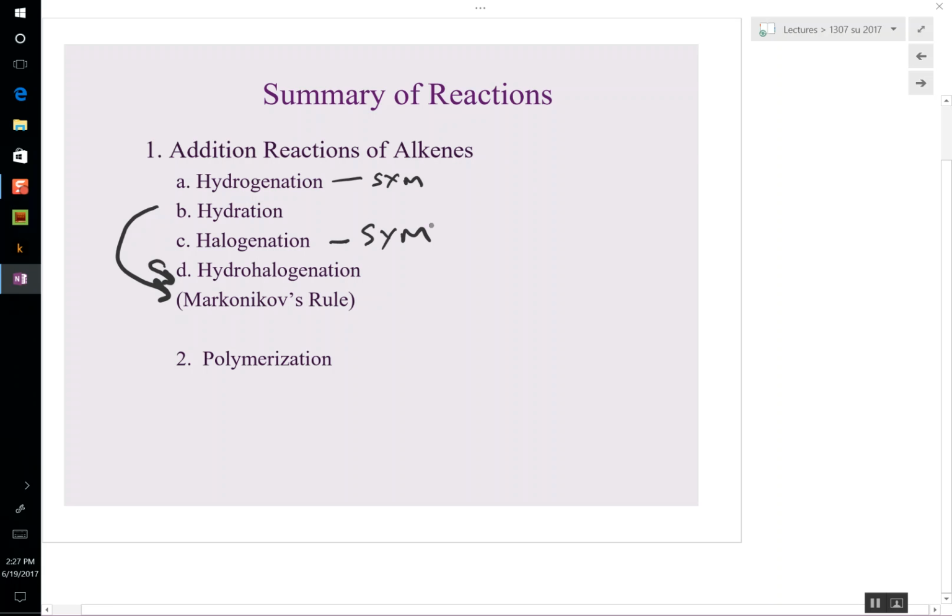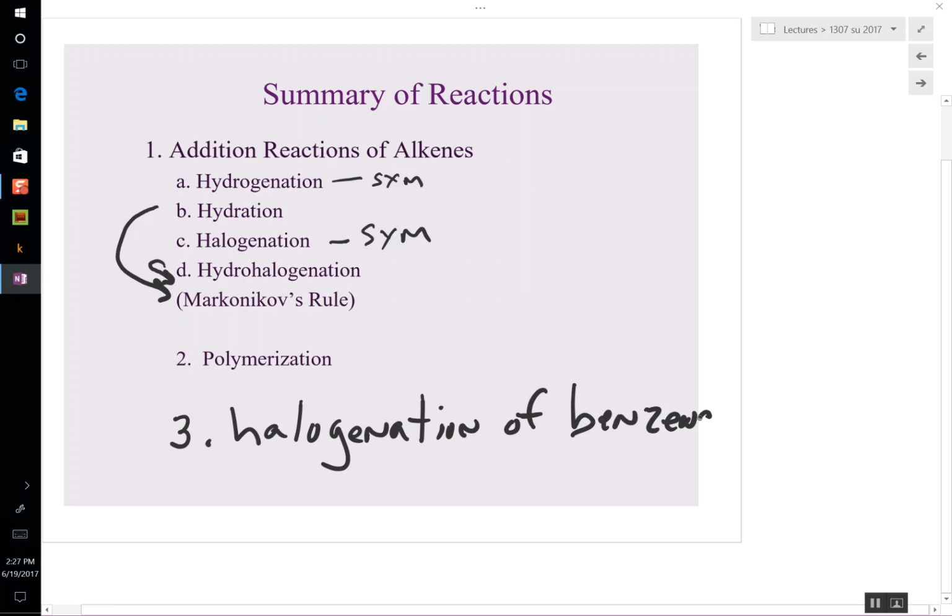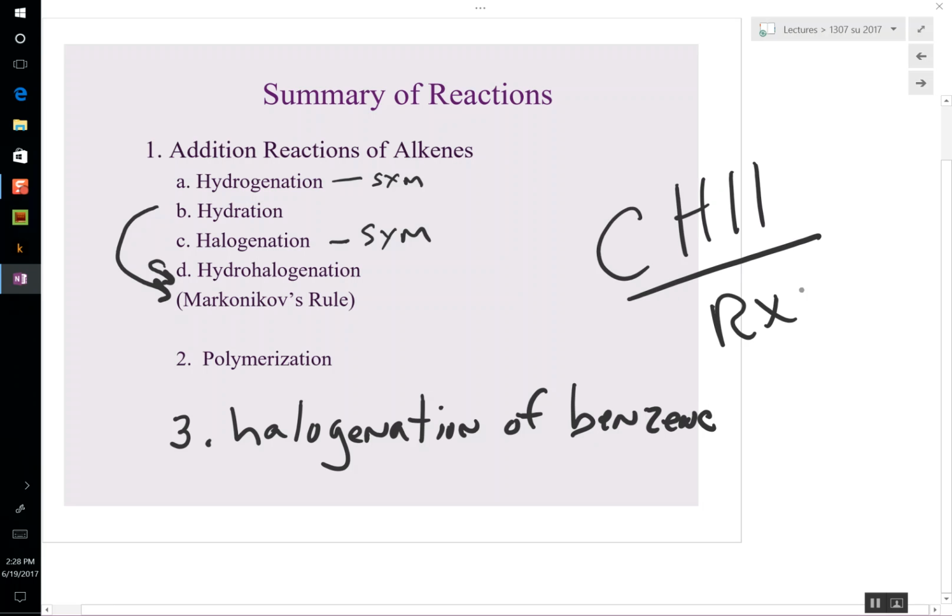Polymerization. Halogenation of benzene. Those are probably the three main categories of reactions from chapter 11. Is that the last slide? Yes. Okay. All right, take a few minutes